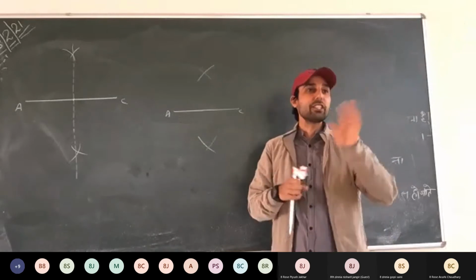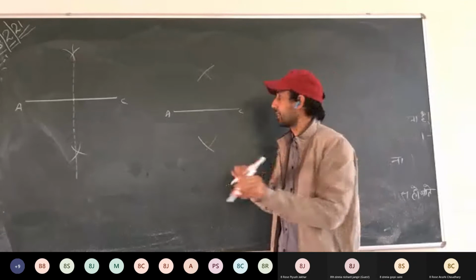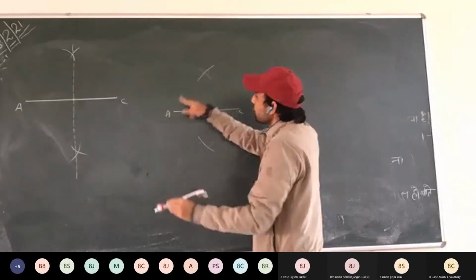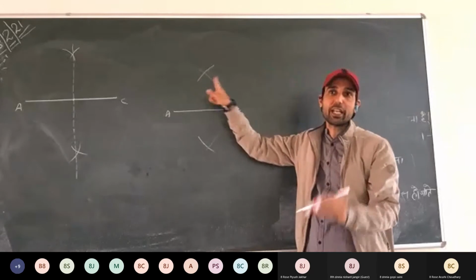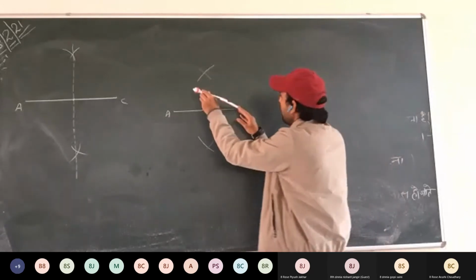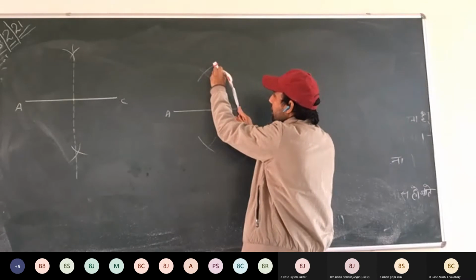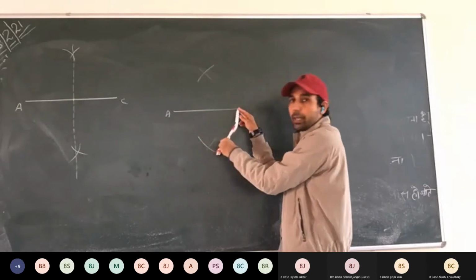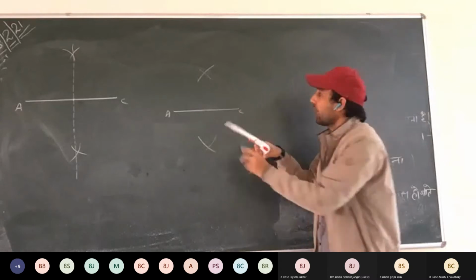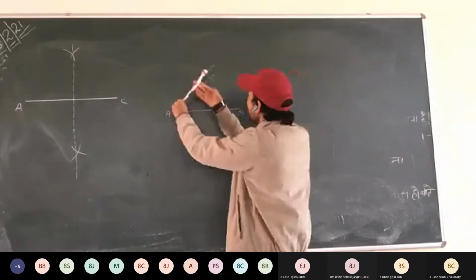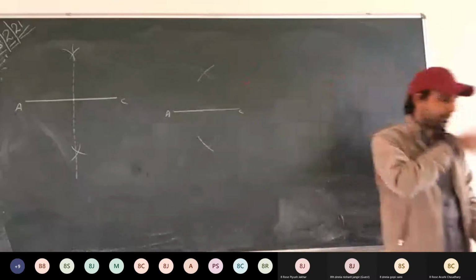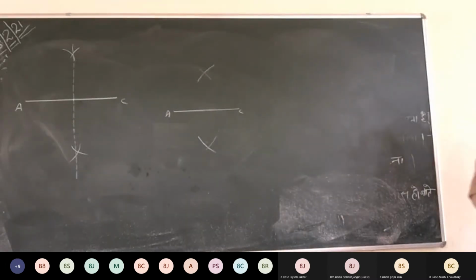Okay, so around 5 or 6, you will have the general idea how much we should take. So taken, okay, draw the arc. These two arcs must cut each other. That much length must be there. So from C, make one arc. On the other side as well, make the arc. Both sides we made one arc. Now from A as well, make the arc on both sides. This is how we bisect the line.